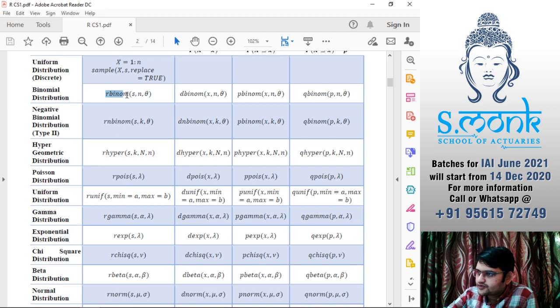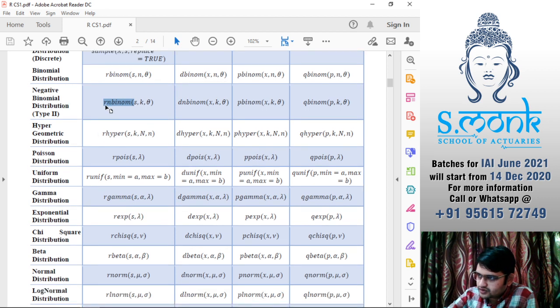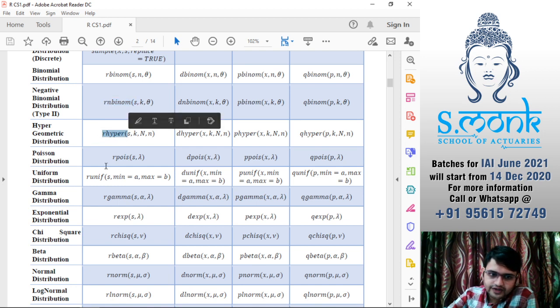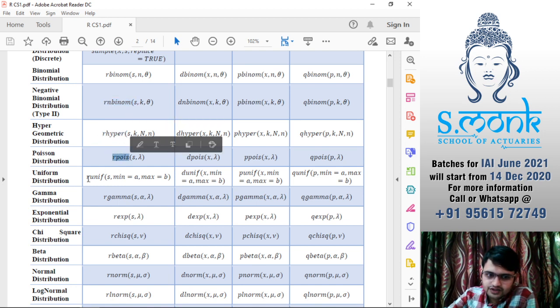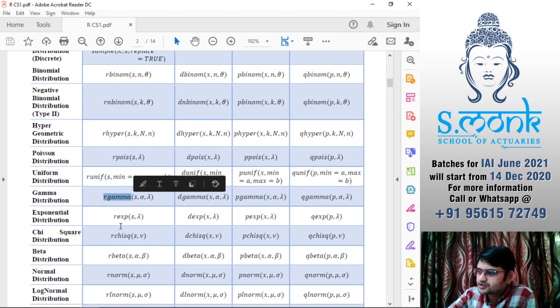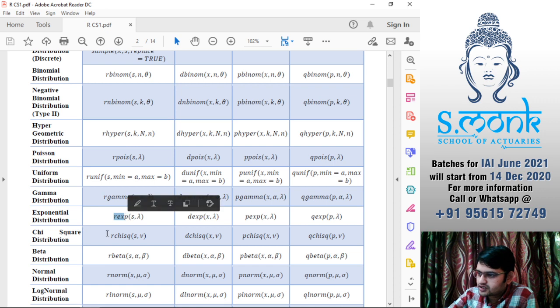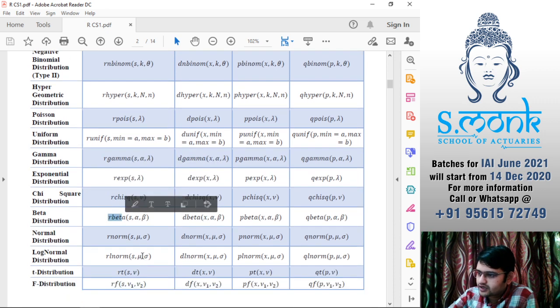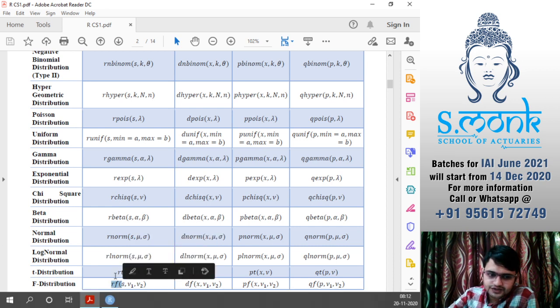For binomial we have rbinom, for negative binomial rnbinom. Hypergeometric, Poisson distribution, uniform, gamma distribution, exponential, chi-square, beta, normal, log normal, t distribution, and f distribution.